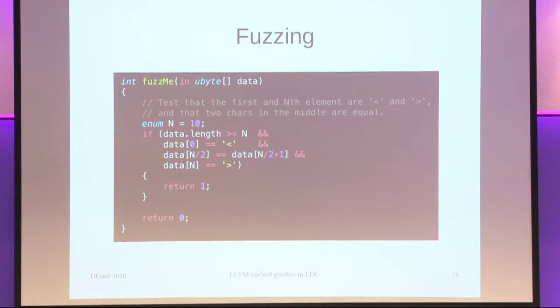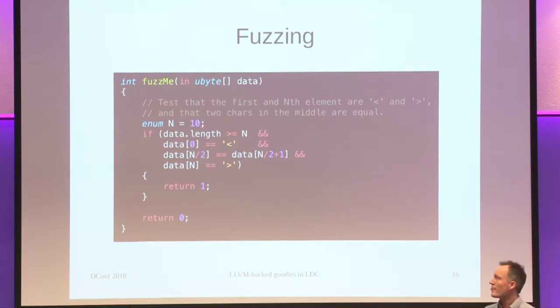If you throw random data at this, it will take quite a while, right? Because we have 10 bytes, so we have 2 to the power 80 of possibilities. If we start from 1 byte and try all the possibilities, then 2 bytes, then 3 bytes, it will take a very long time before you find a bug here. Also, if you immediately generate a